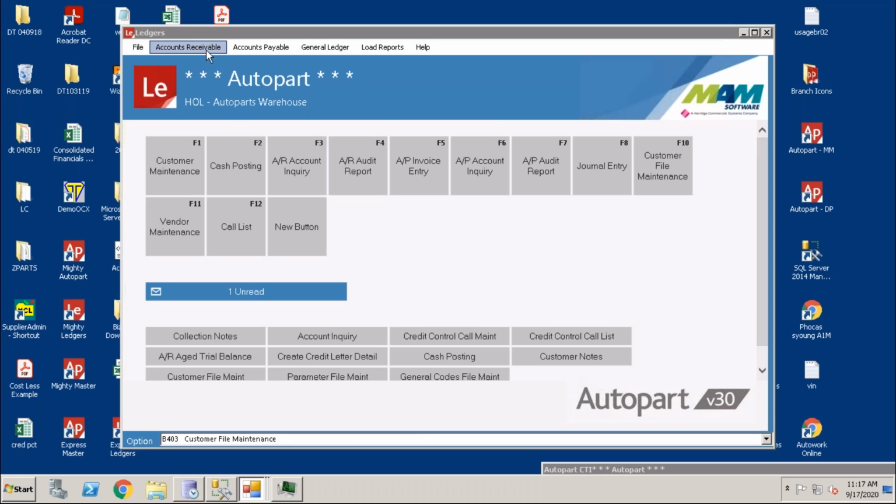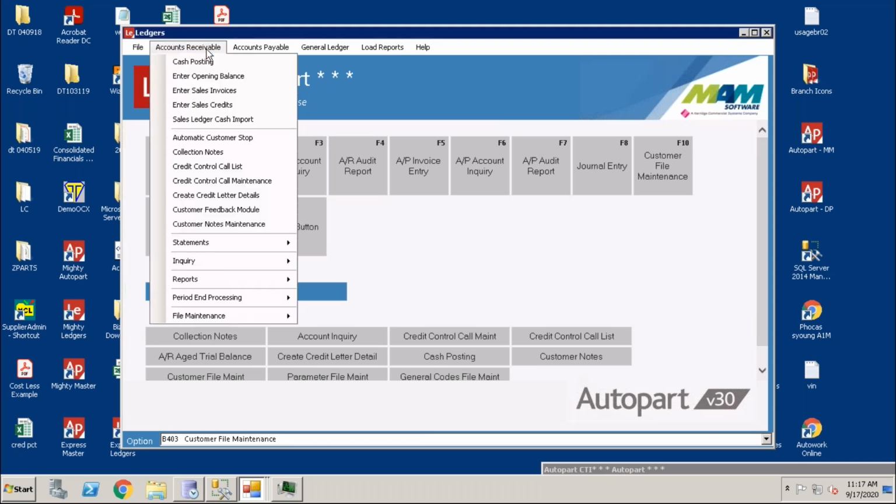So one of the typical ways that people do collection calls, from various systems that I've seen over the past, as well as what people are doing in Autopart right now, is simply using the age of debt report. All right. And to kind of facilitate the use of that,